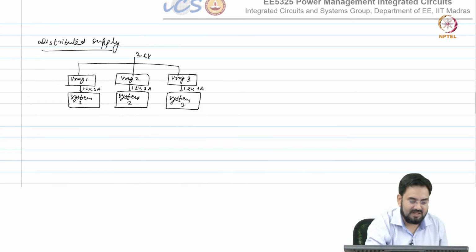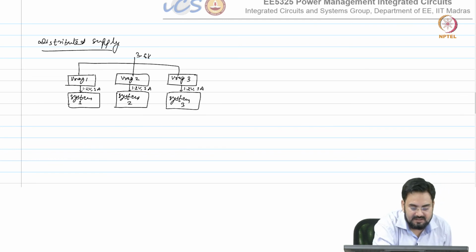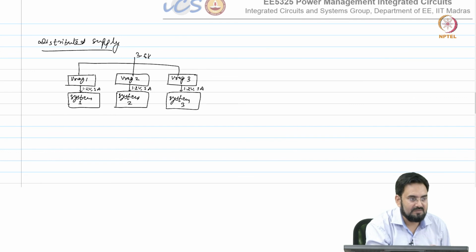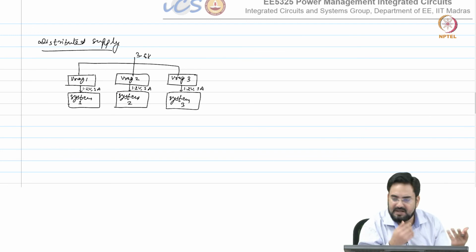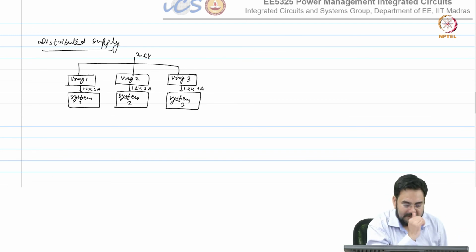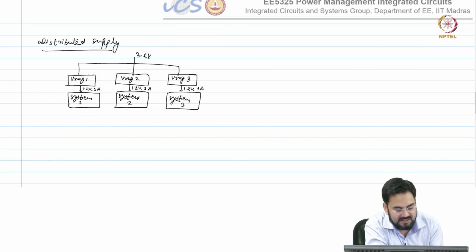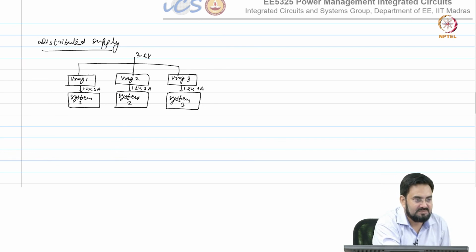But in this case, you place them as close as possible, and the size of these regulators will be smaller, because now each regulator is supplying 1 amp instead of 3 amp. So, overall area impact you may not have that much by doing this, and this is always a preferred case for high current systems, especially processors and all those.